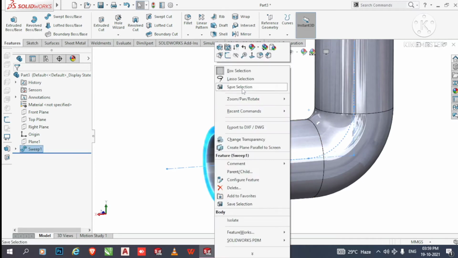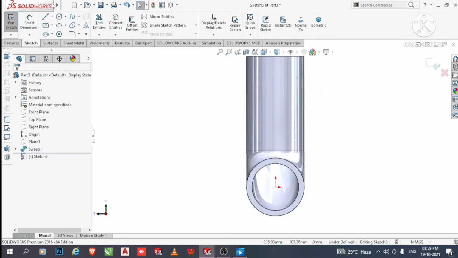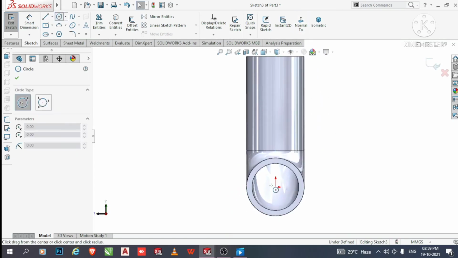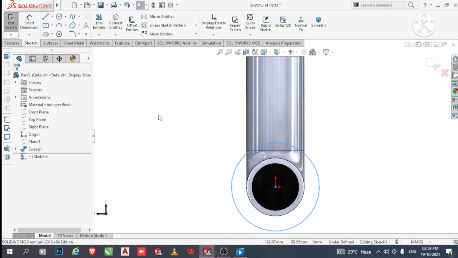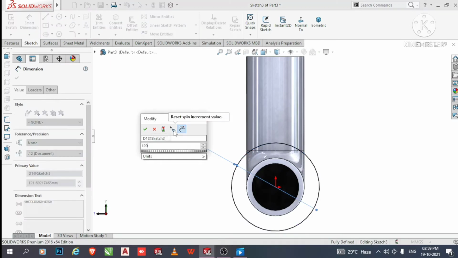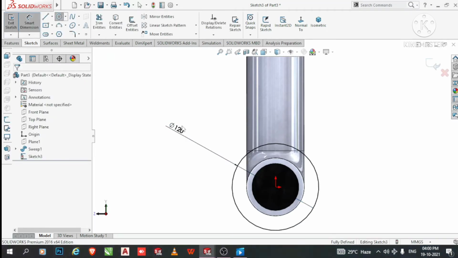Now select this face, right click, sketch, normal, and here we select circle, create a circle from this origin point up to here. Now exit this sketch, go to the smart dimension, select this circle and make it 120 mm, enter. Now again select this circle